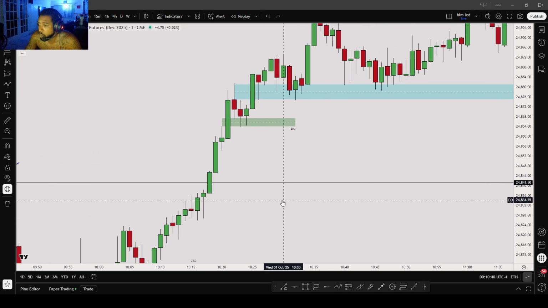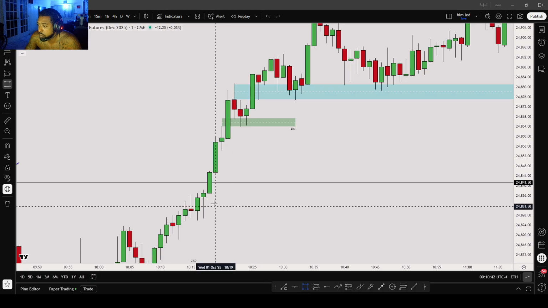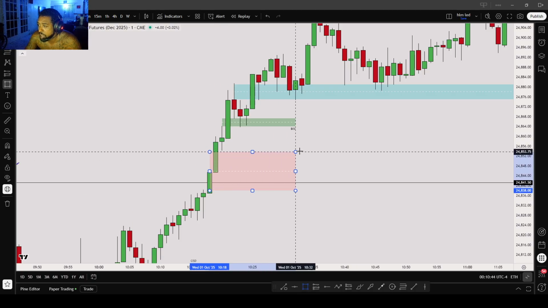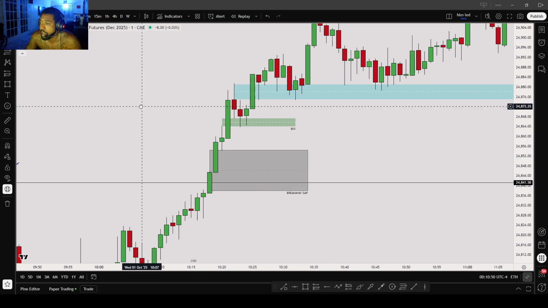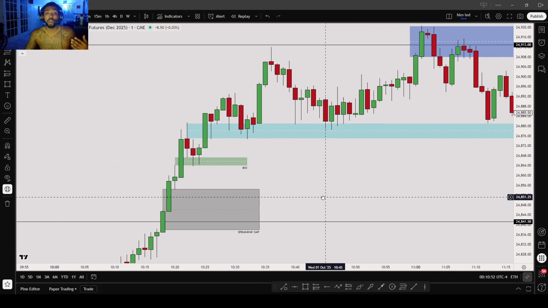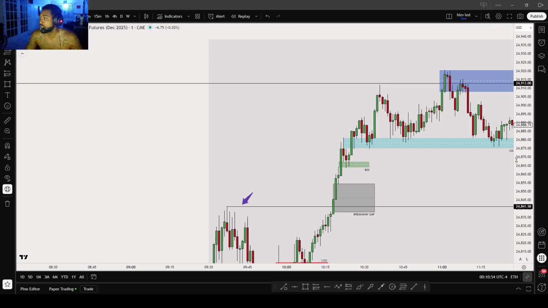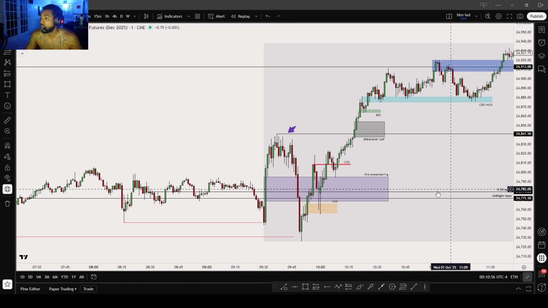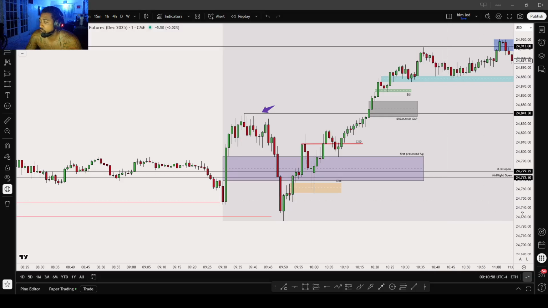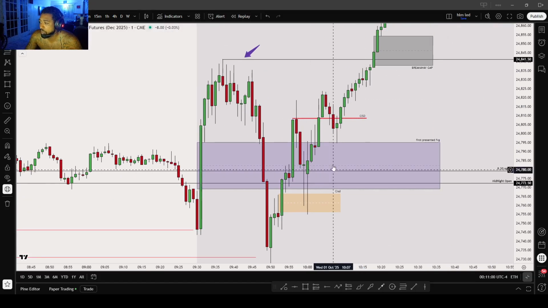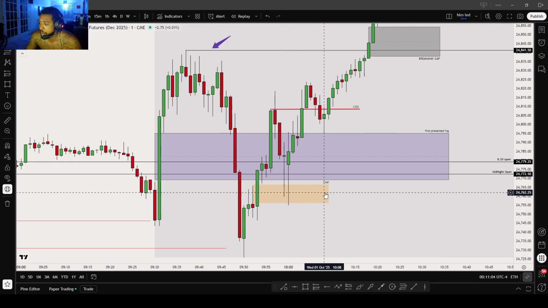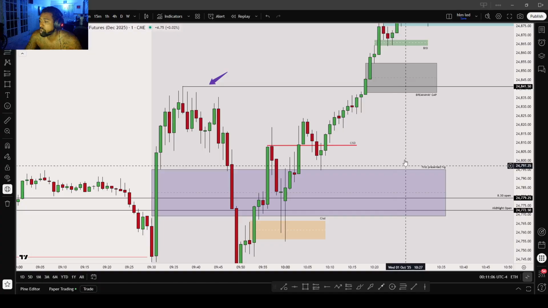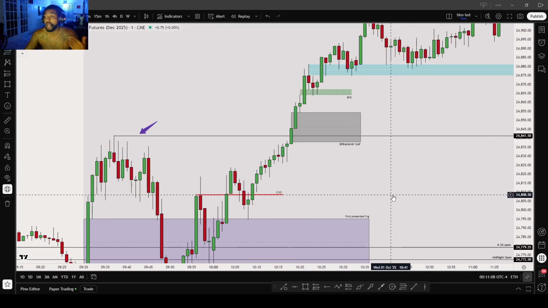So I was expecting these two fair value gaps right here to get used as a breakaway gap. So I'm not expecting it to come back to this breakaway gap because that's what you want to see when you're extremely bullish. When you're extremely bullish, you want to see it leave breakaway gaps, right? It's just how you see how it left once it got back above, it never came back down to this lower half. Same thing. Once it retested it, it never came back to this lower half, right? So I'm using the lower half of PD arrays as breakaway gaps.